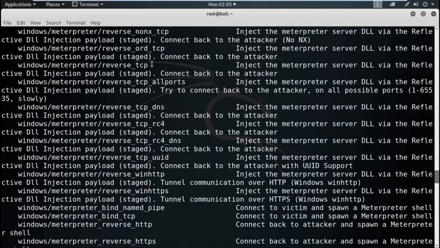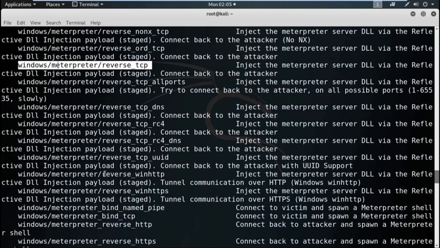Now, see there is a payload with the name windows/meterpreter/reverse_tcp. Now, we are going to use this particular payload and create the executable, and by using this payload we try to establish a reverse connection from the target machine to the attacker machine. So, first see how to create the binaries or executable using this particular payload.